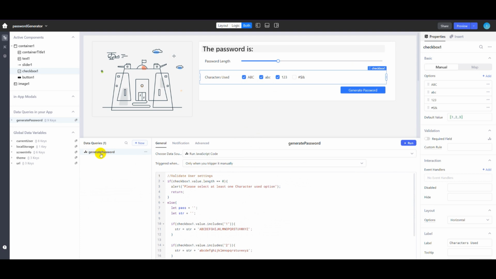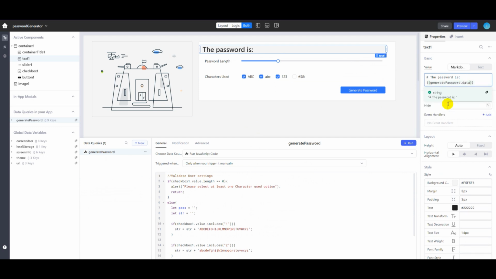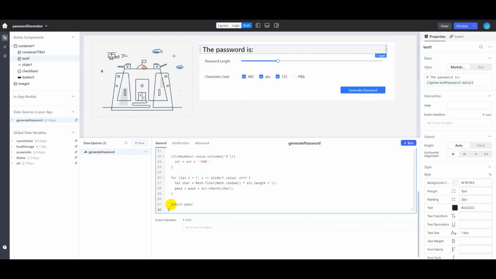Now that we have created this data query, we can edit the component over here and put handlebars and select generatePassword.data. To get the output of this code, it is necessary that inside the code